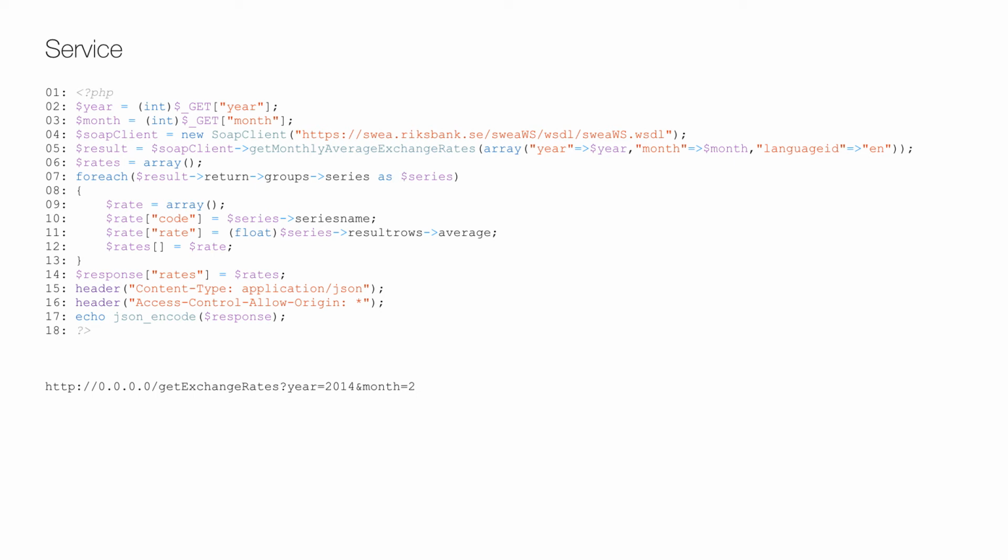So for each exchange rate on line 7, the currency code and average is parsed on line 10 and 11 and added to an array on line 12 that we created on line 6, and then a root object is added on line 14 with some headers on 15 and 16,